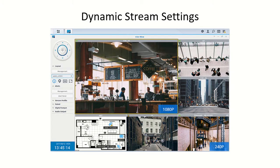Now I'm going to go on to, I think, a last and really important setting. This isn't necessarily going to reduce variability, but it's going to make sure that you're using as little bandwidth as possible, and therefore you won't have a clogged up network and can potentially use more cameras overall. So it's called dynamic stream settings. The idea is very simple. You're going to have